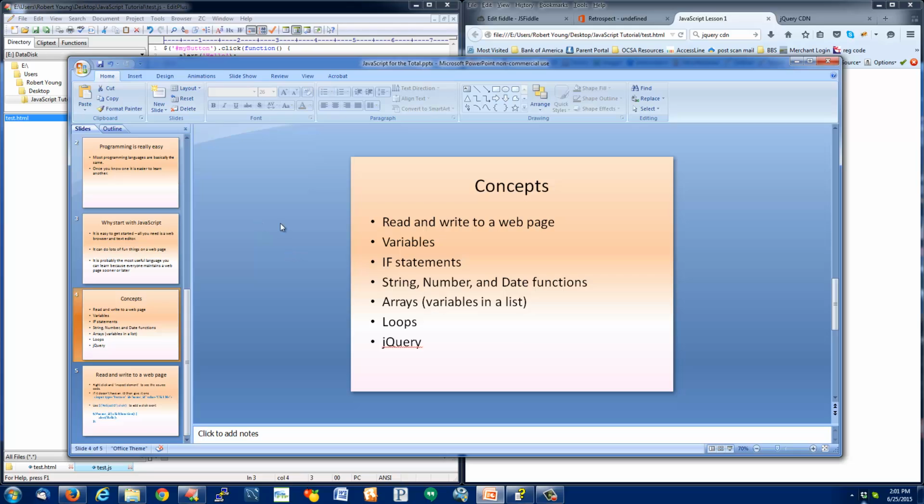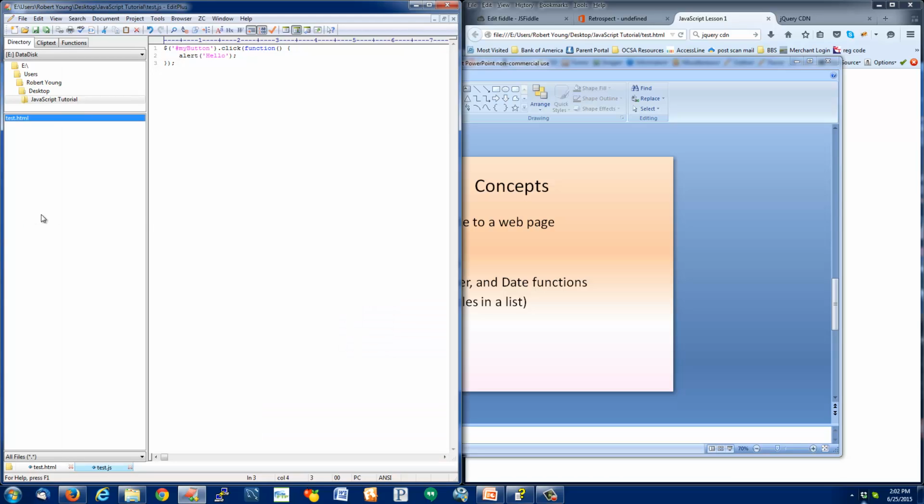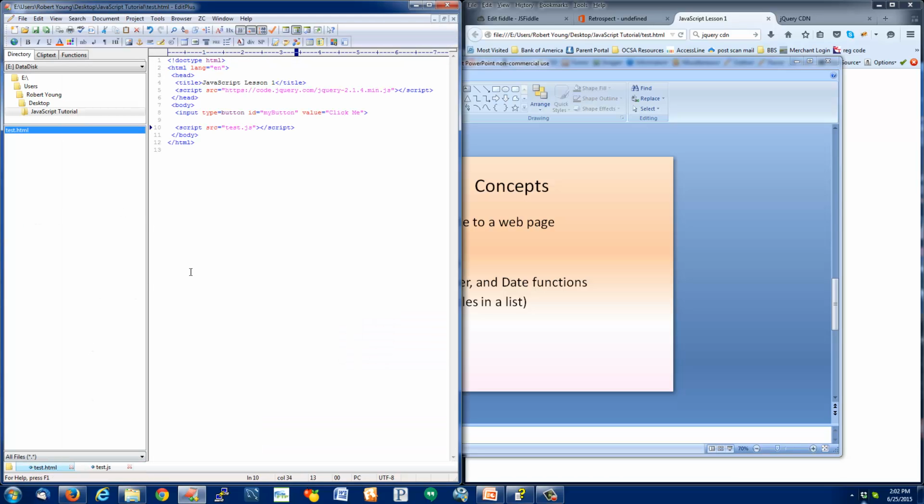Okay, so I said the first thing I was going to show you was how to read and write to a web page. Well, we learned how to read a click event. We haven't really learned how to read content or write to it yet. So why don't we do that? To do that, we're going to need either some input boxes or some div tags. Let's create one of each, okay? So we'll go back to test.html,